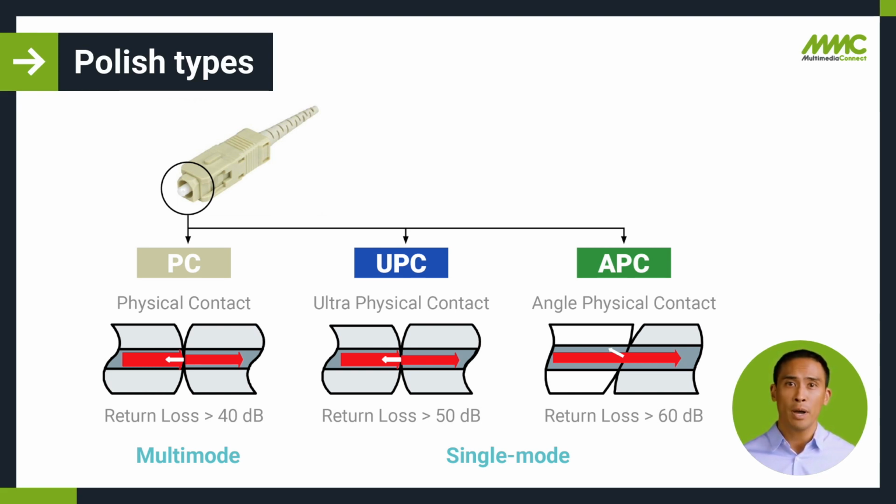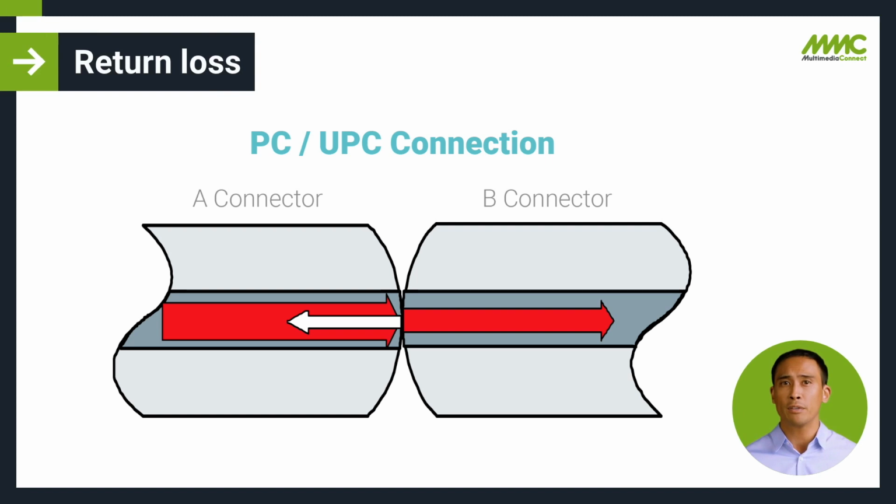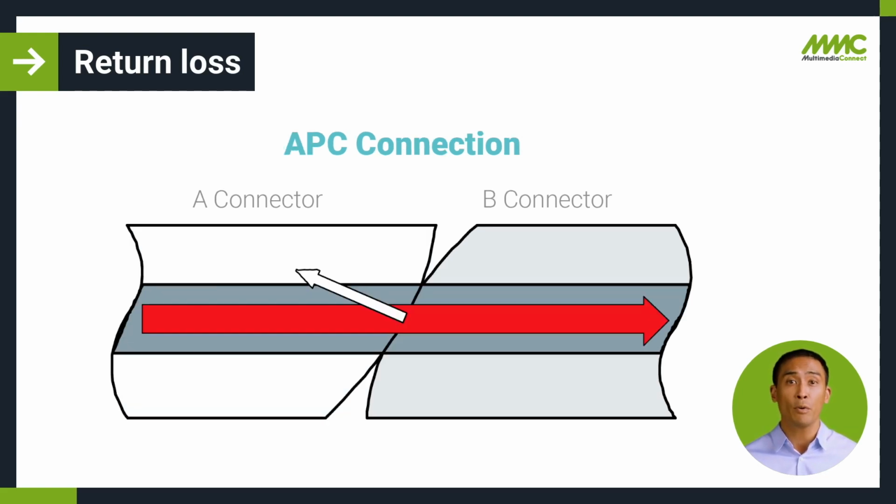For these three types of polish, I mentioned return loss. But what is that? Return loss means a signal is reflected to the light source, creating a loss. Indeed, the light beam facing a connection between two connectors will be returned in part to the light source. With PC connections, the light beam is directly sent to the light source. With APC connections, the 8 degree inclination slightly shifts the reflection, allowing the light beam to pass. Return loss is expressed in decibel. The higher it is, the less loss will occur, the higher the connector's quality. That's why we find APC-type connectors on long-distance applications, since the light source is greater.